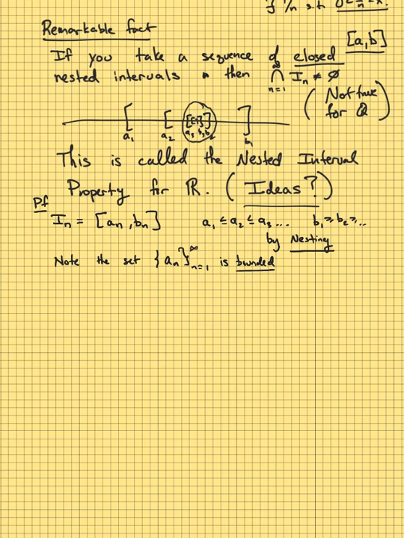Why is this? Well, the intervals are nested. So I sub n is contained in I1. So in particular, A sub n has to be less than or equal to B1 for all n in N. Okay? It's also not empty. So therefore, by completeness, it has a sup. Okay? So therefore, the set of left endpoints has a sup,